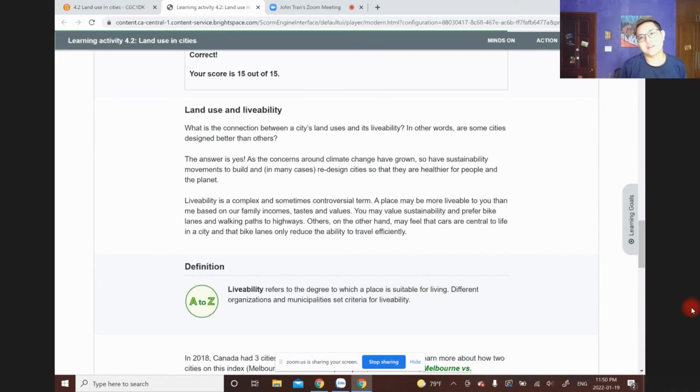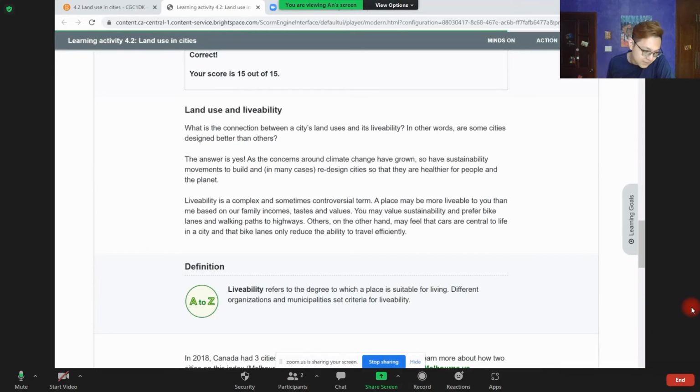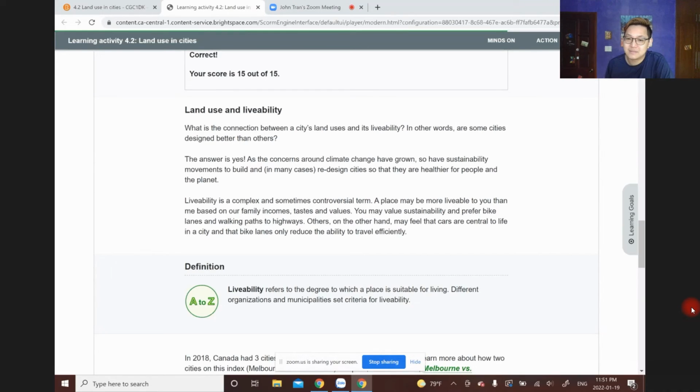Some people actually prefer to live in apartments compared to houses. For example, in my generation and your generation too, I'm sure, you will feel that living in an apartment is better. But some older people just want to live in houses, with big roads and gardens, things like that.